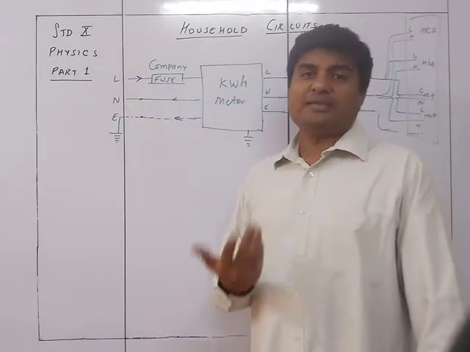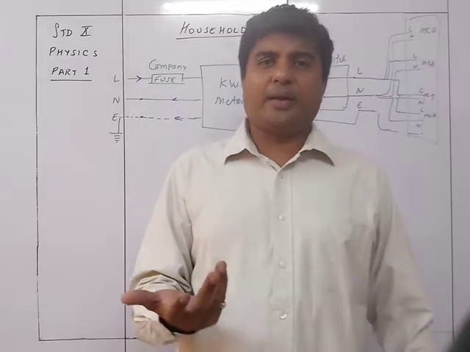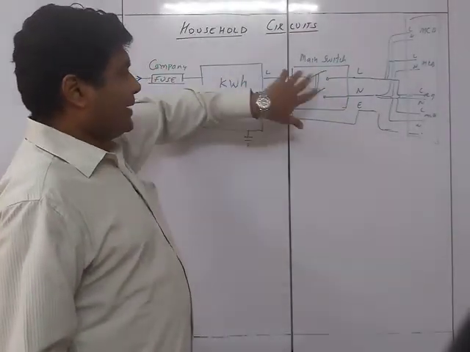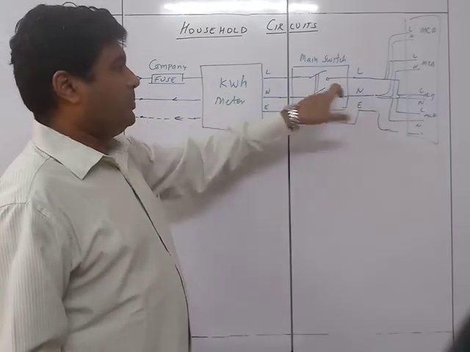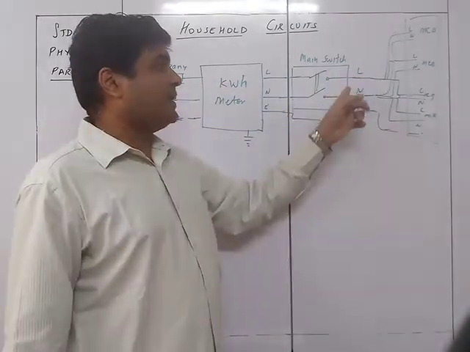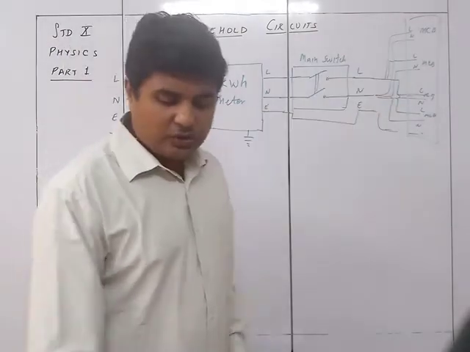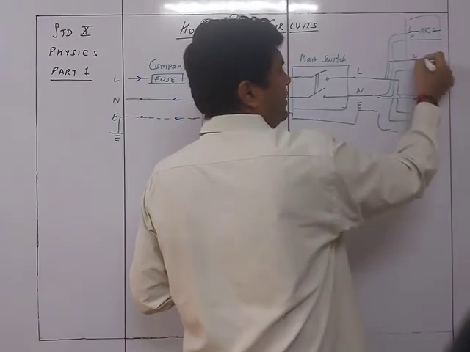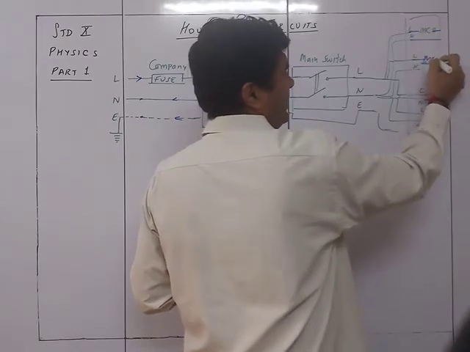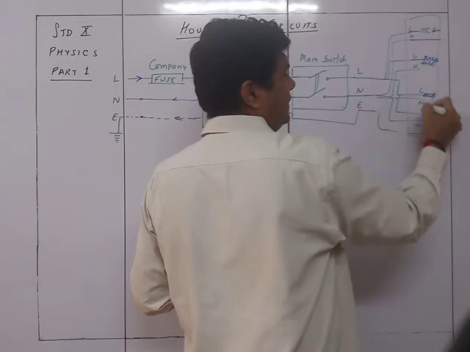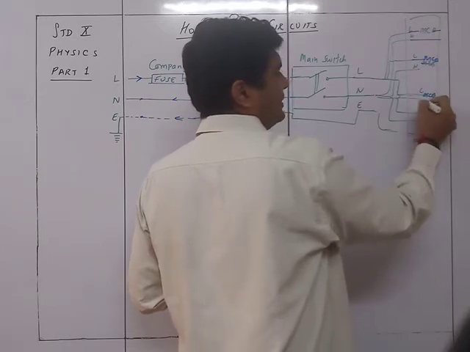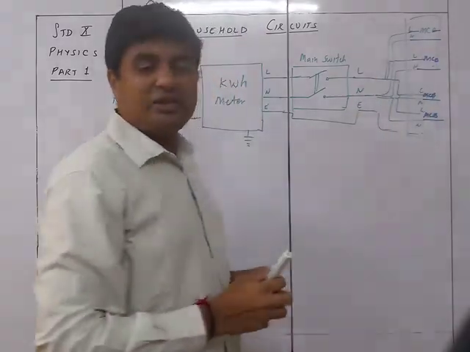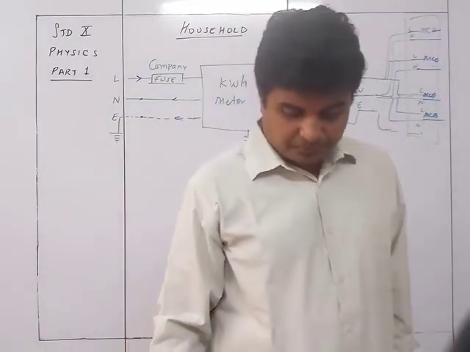So if you are asking for more load, they will give you more current capacity, but of course they will charge you for that. Then it comes to the main switch, which will be an ELCB, connected to the line as well as neutral, and then individually this is going to be connected to an MCB. So an MCB will be there in each and every line wire. The MCB will only be on the line wire, but the neutral wire will not have an MCB. So that is how the connection will be done to the different parts of the house.